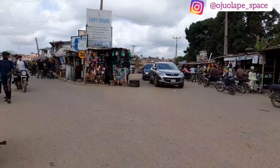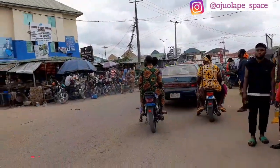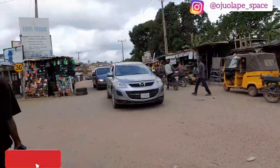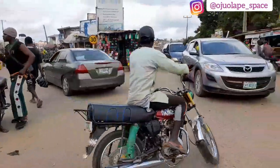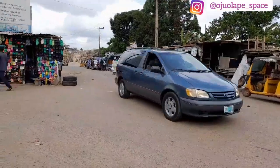Let's move. I'm waiting to cross the road, so I'm going to be crossing the road now. Like I said before, this is Tipa Garage off Akala Expressway. So I'm crossing down to this part. It has two sides. You can see it's like being shared into two. One to my right hand side, that is where the cars are coming from, and the second one to my